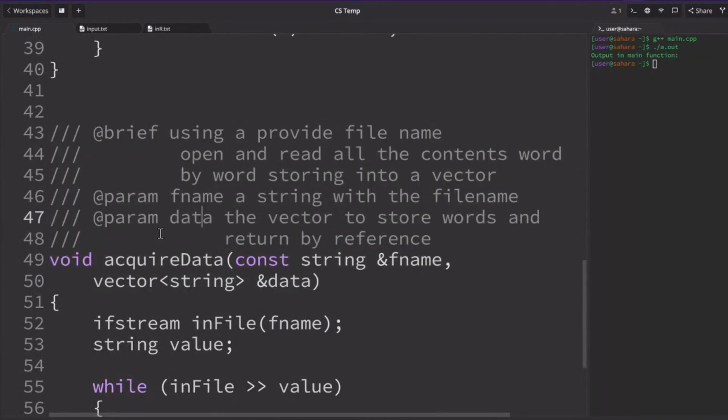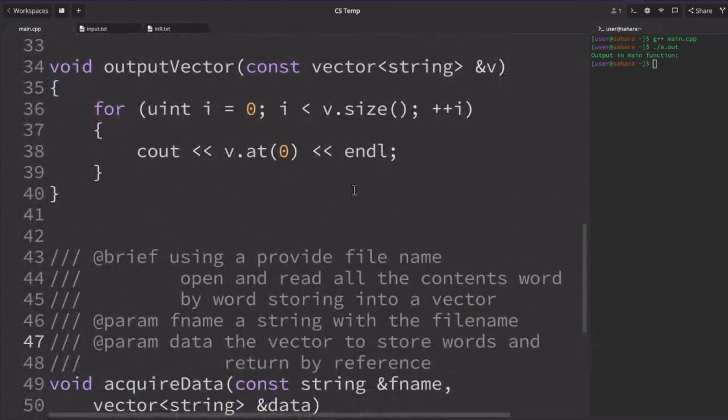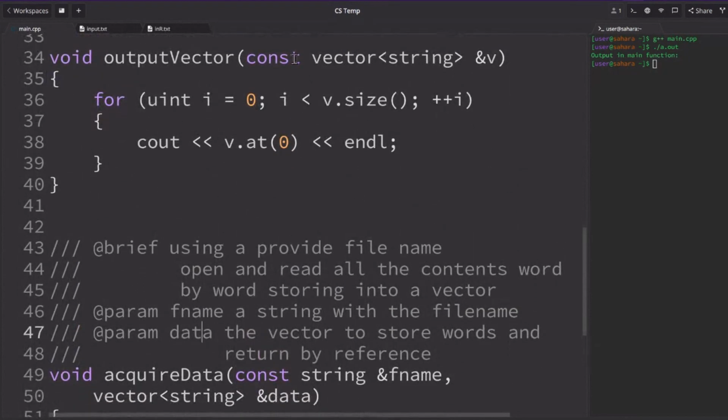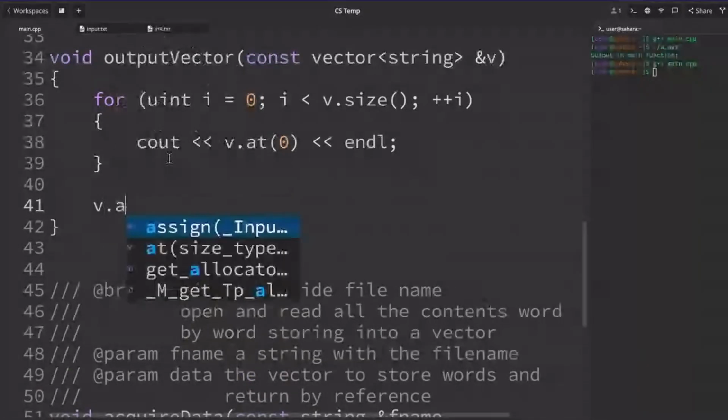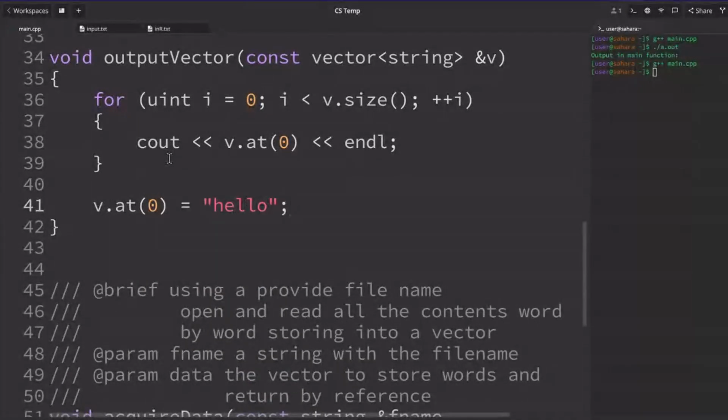So someone asked about the ampersand after the const, so we use it twice here. So here we are using a vector and we're passing it by reference, but output vector does not change the contents of the vector. It simply uses the contents. So we do not want to allow the function to change it. So when we have that, let me make sure this compiles. I will show you the error. So that compiles. So if we try to change our vector, we will get an error,